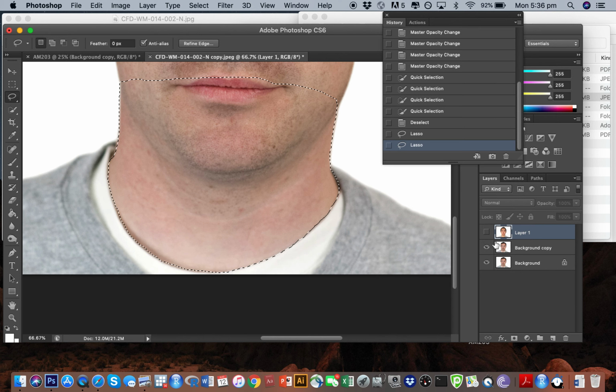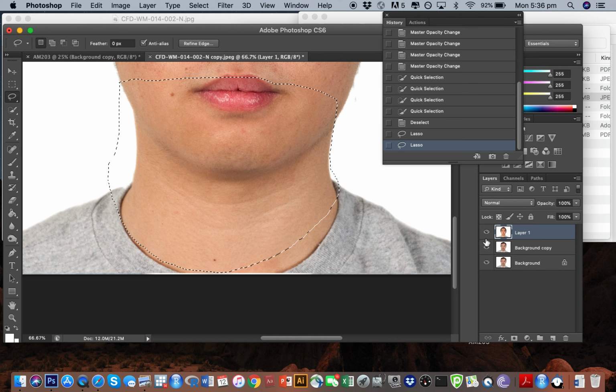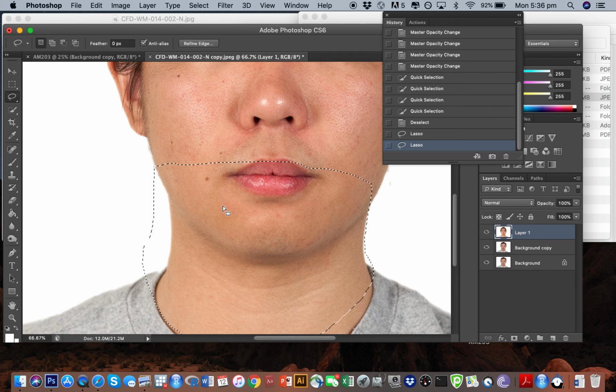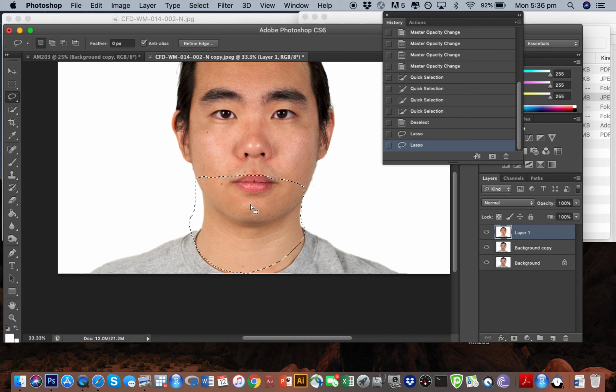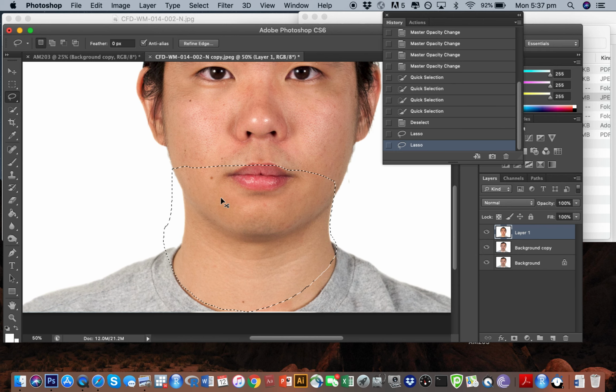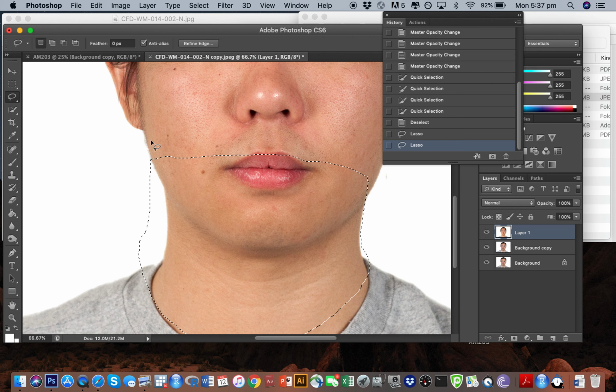So now what I'm going to do is use what's called the clone stamp tool to essentially just change this guy's neck. If I zoom out a bit, you can sort of see. Now I don't want to change anything about his face, right? I really want to deselect that part of the face and just have this other area selected that I'm going to fill in with neck flesh in a way. So you press Alt, I've still got the lasso tool, you press Alt on your keyboard, and now if I select from his face,